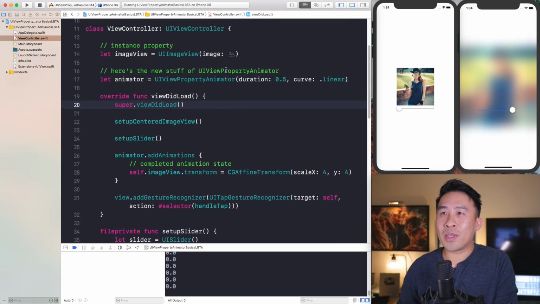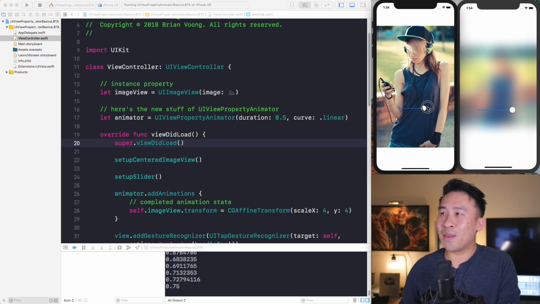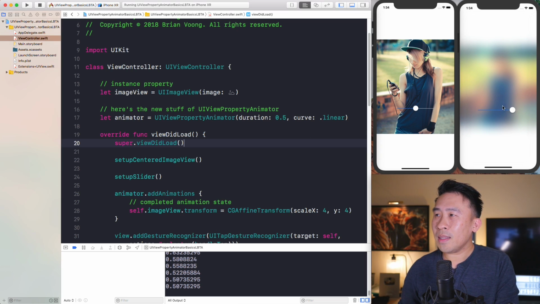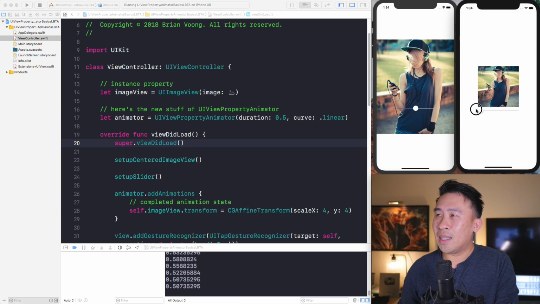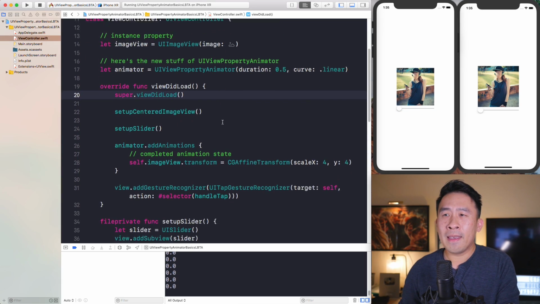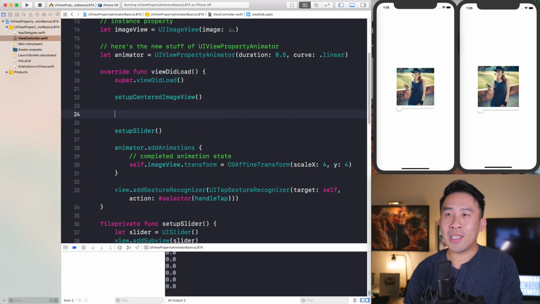And now is the other tricky part here, of applying a visual blur effect to the entire view for our image view on this nice lady with a hat and the iPhone and the music player. In other words, I want to apply this visual blur effect like that. And it looks pretty nice. And it's actually pretty easy as well once you understand exactly how to do it. Let's walk through this step by step here. You want to make sure you are in between the centered image view and the setup slider over here. So we're going to set up our